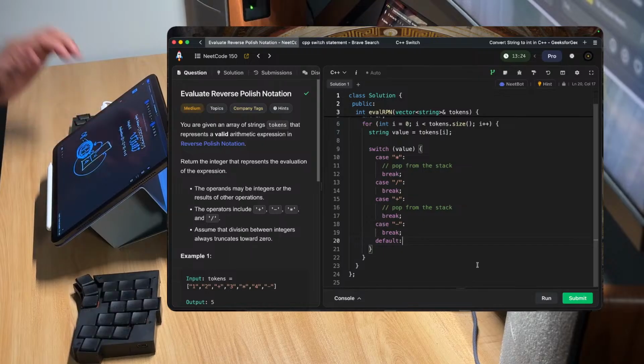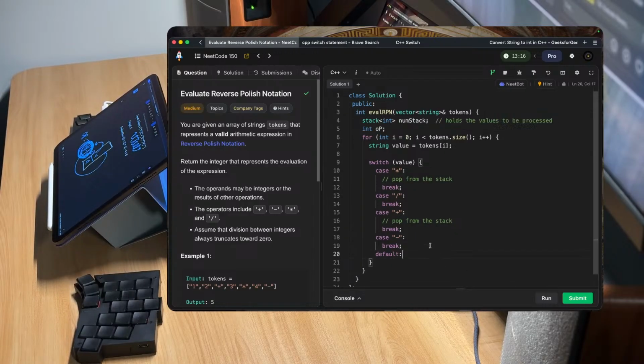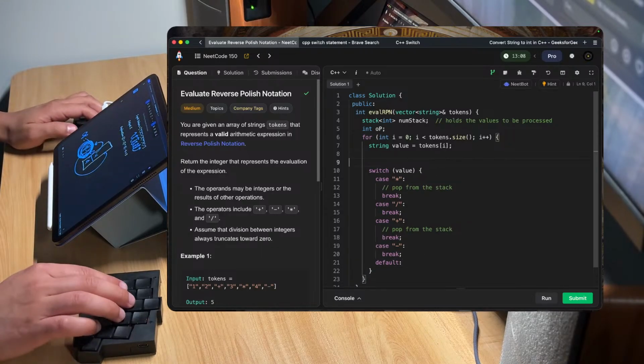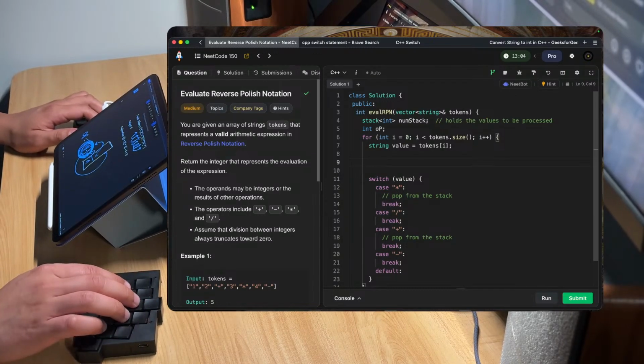I'm gonna make this bigger, I can't see. Okay, if the value is either of these operations, this is what we'll do. But let's assume that first the value is an actual number. So we could say